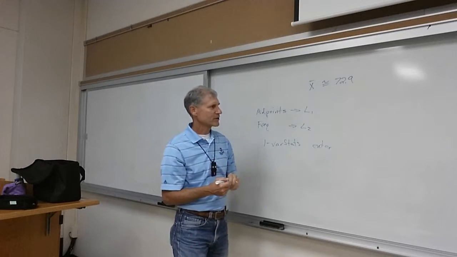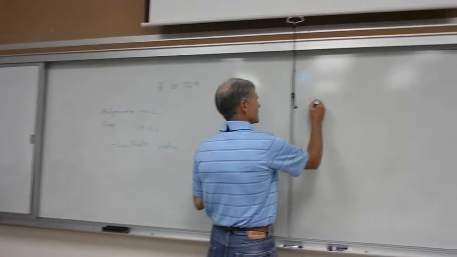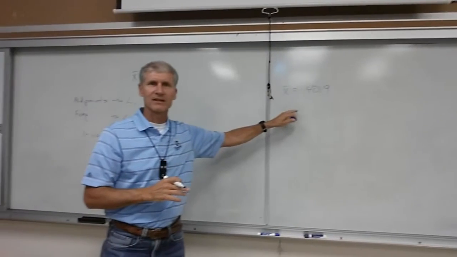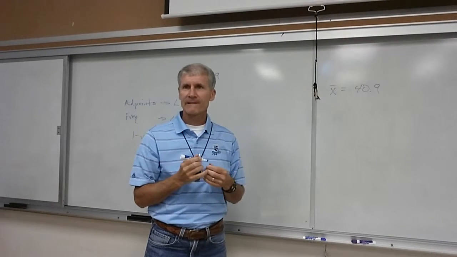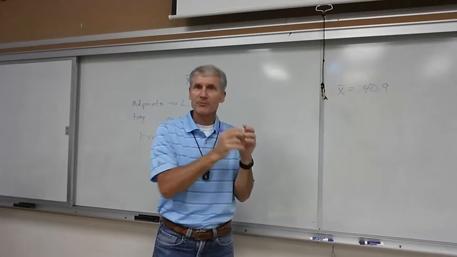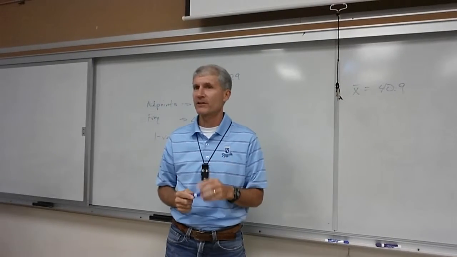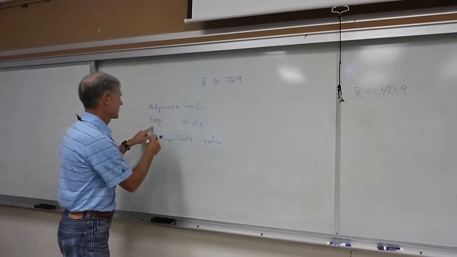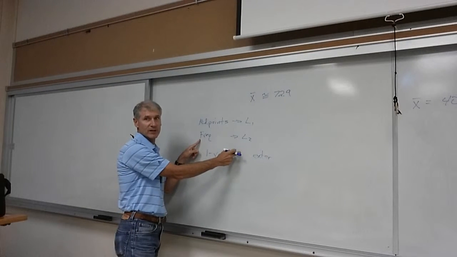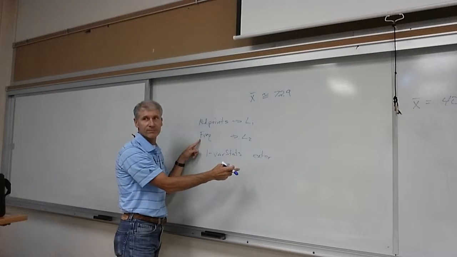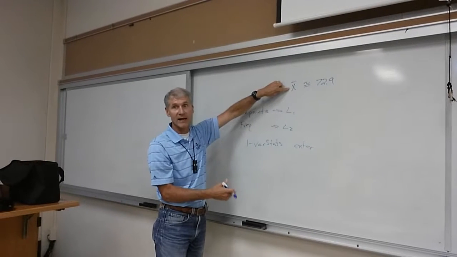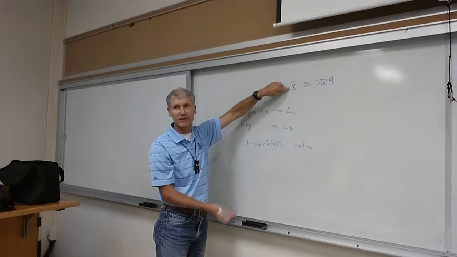And then there was a fairly common mistake: 40.9 or 40.6 or 40 point something for the mean, right? And it took me a while to figure out how that number was coming up so often as an incorrect answer, but I finally figured it out. What was happening was they were putting the frequencies into L1, the cumulative frequencies into L2, and then doing L1 comma L2. But those frequencies don't have anything to do with the pulse values. It's just how many people had that pulse. So you don't want a mean of the frequencies.